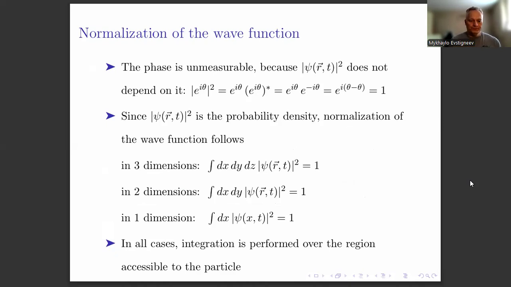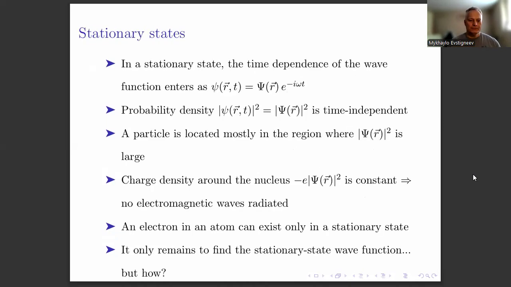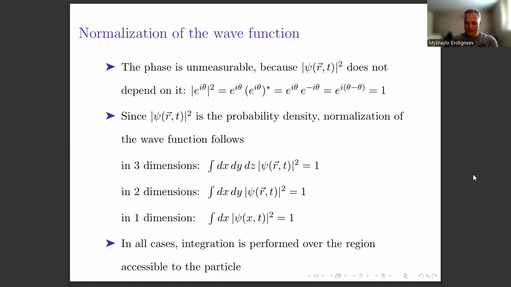All right, now, normalization. Since the wave function has the physical meaning of probability density, it must be normalized. Not the wave function, the modulus squared of the wave function has the physical meaning of the probability density. It must be normalized, which means that